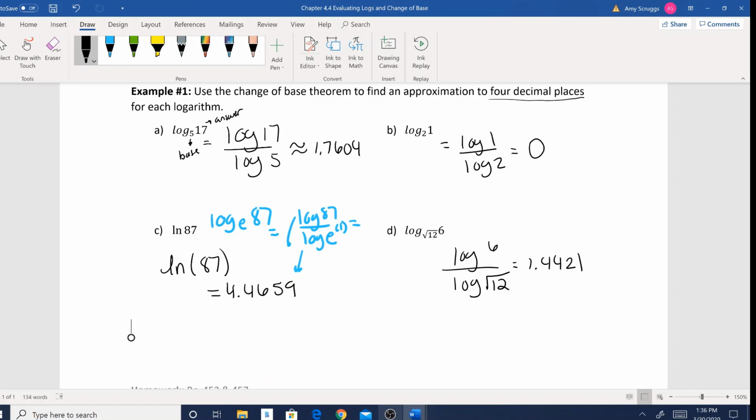If you hit your math button and you scroll down, mine is actually located all the way down at A, so it goes past 9 and 0 and goes all the way down to A, but you're looking for the one that says log base. Should look something like that. If you have that feature on your calculator, then that is amazing, because when you type it in, it actually looks like a logarithm that has a base that's not 10. So that is a nice little feature. Now, I did